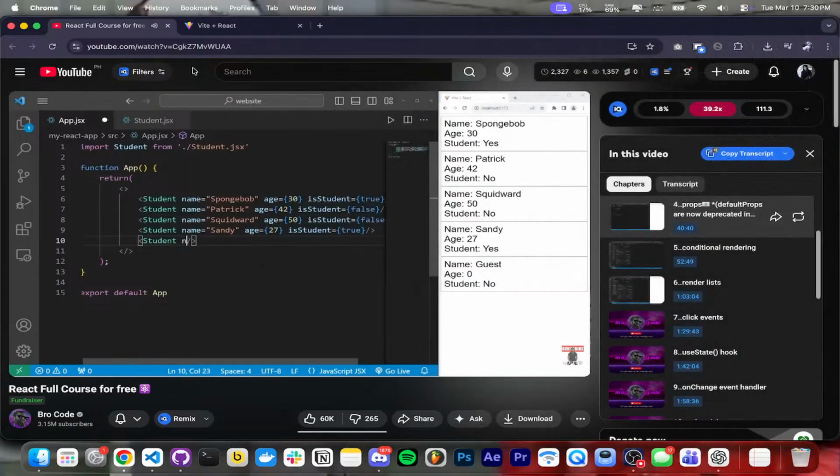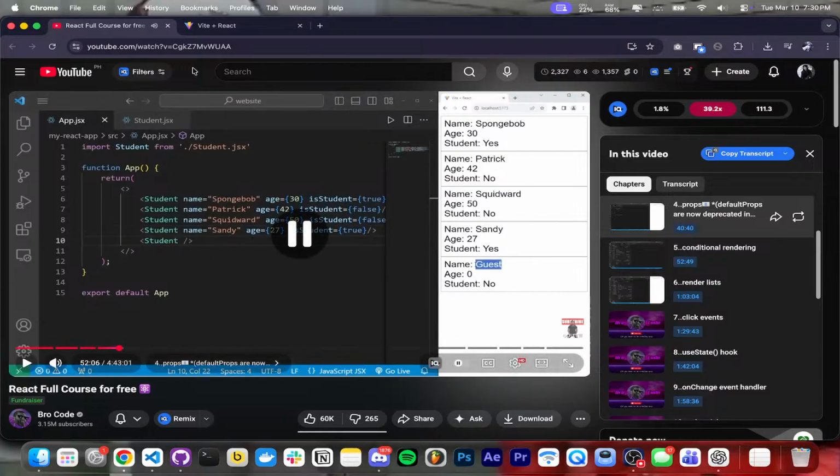So if I were to include a name, let's say name equals Larry, well, Larry's name is going to be set. We didn't include any key value pairs for age or isStudent. We ended up using the default values, 0, the name